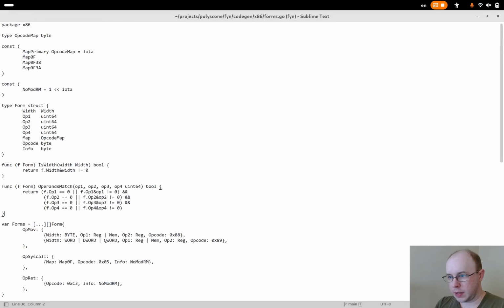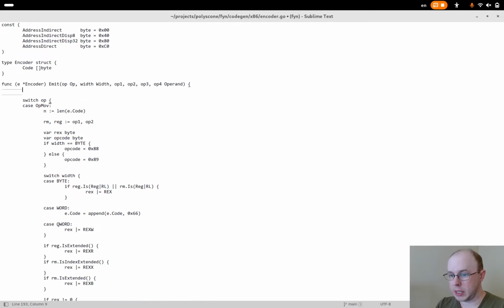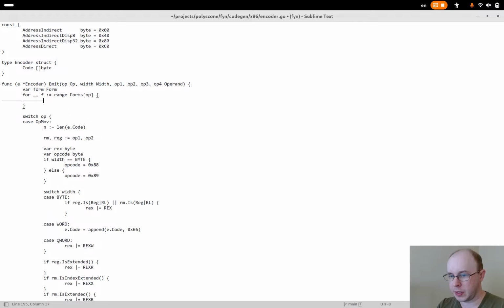So I think then I just need the ability to match a form in emit. So if I just say var form is form, and then we'll just loop over all of the forms in forms indexed by the operation.